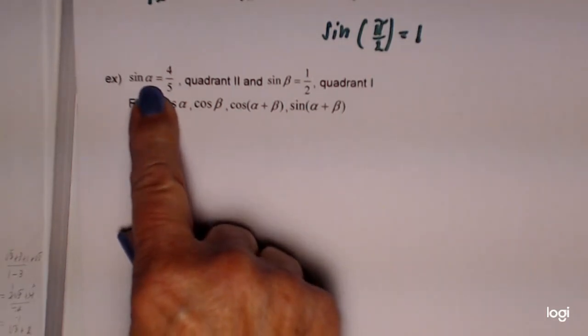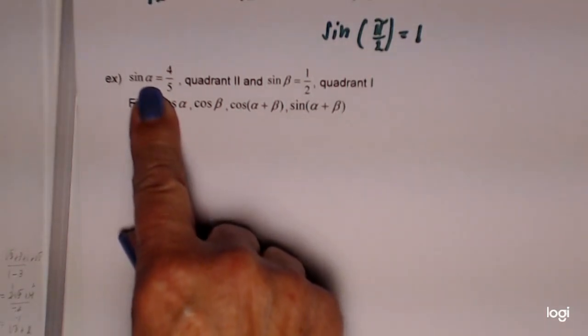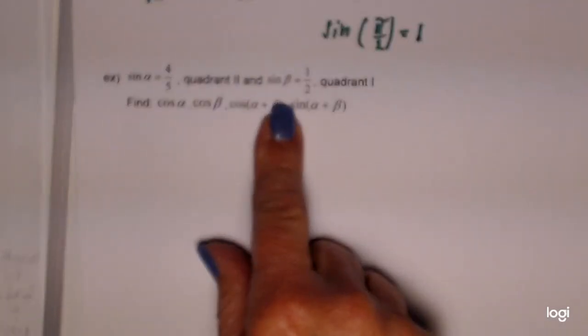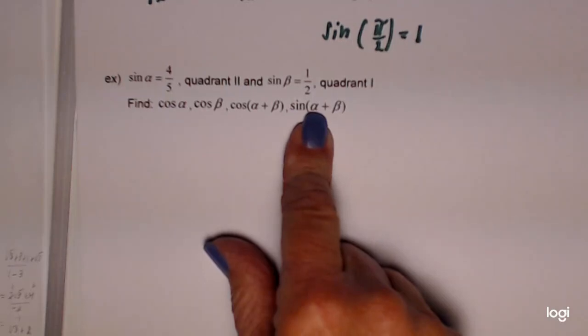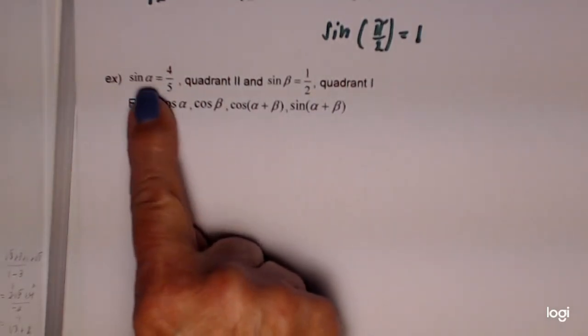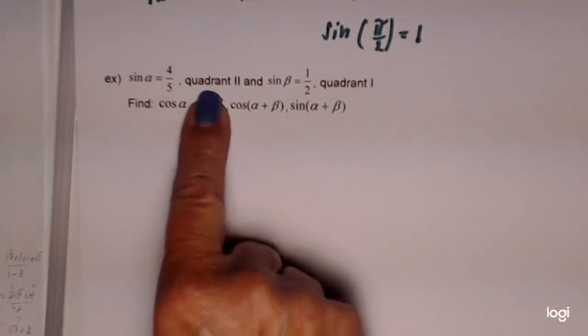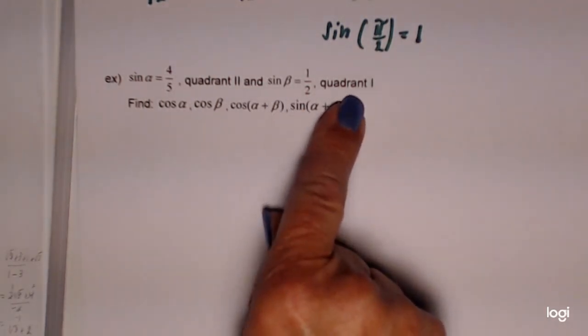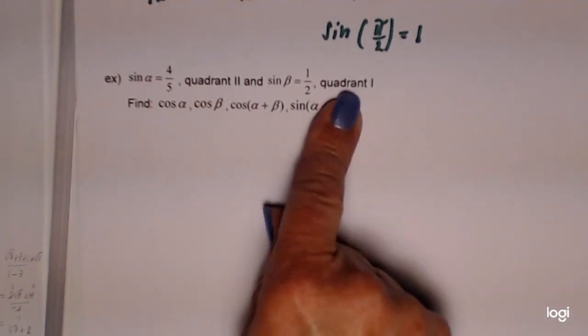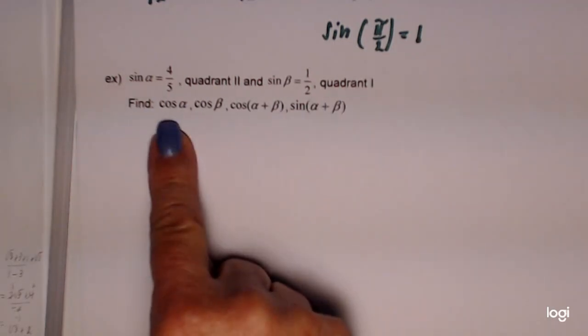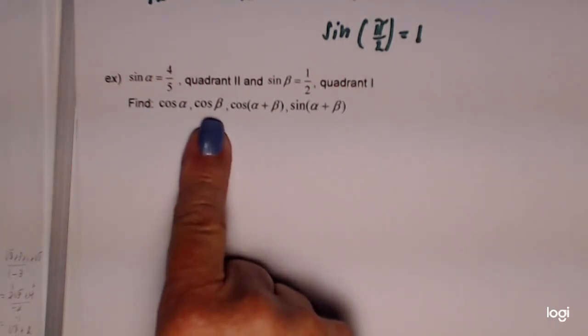In this example, we are given the sine of two different angles. We're told that the sine of one angle, we'll call it alpha, is 4 over 5, and the sine of another angle, beta, is 1/2. We also are told that alpha is in Q2, quadrant 2, and beta is in quadrant 1, Q1, which is important information because we'll recognize we're going to have to give things either positive or negative values. And our mission is to find the cosine of both of these angles,